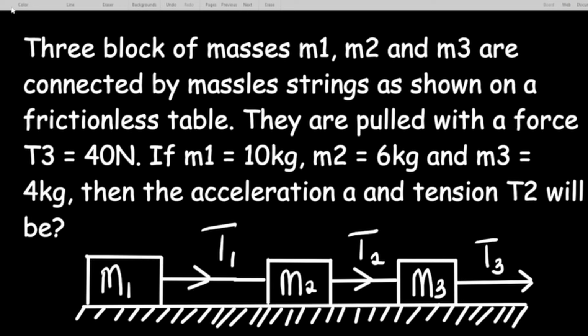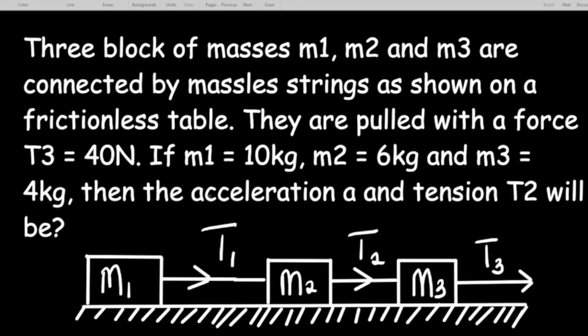Today we have an interesting question on forces and I'm going to help you understand this concept as we solve this question together. The question reads: three blocks of masses M1, M2 and M3 are connected by massless strings as shown on a frictionless table. They are pulled with a force T3 equals 40 newtons. If M1 equals 10 kg, M2 equals 6 kg, and M3 equals 4 kg, then the acceleration and tension of